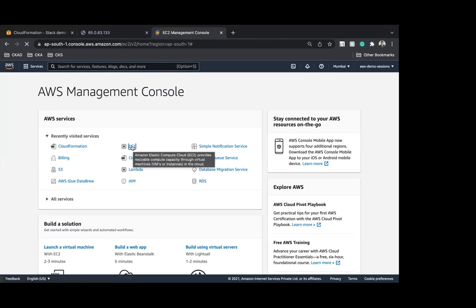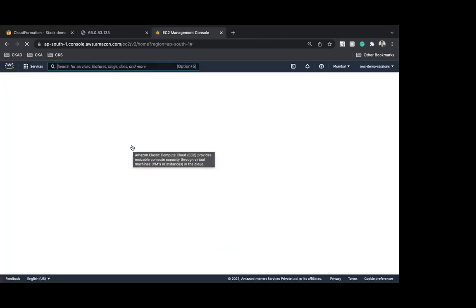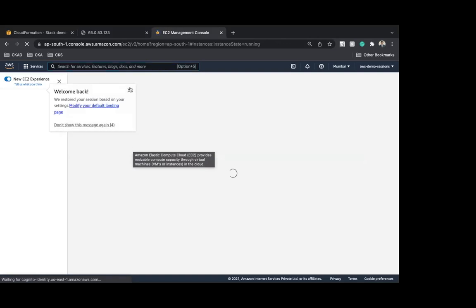Currently I'm in the AP South region, Mumbai, and I'm going to the EC2 console to verify my EC2 instance was launched successfully, because CloudFormation says it was.